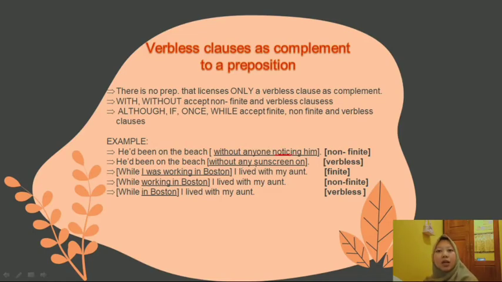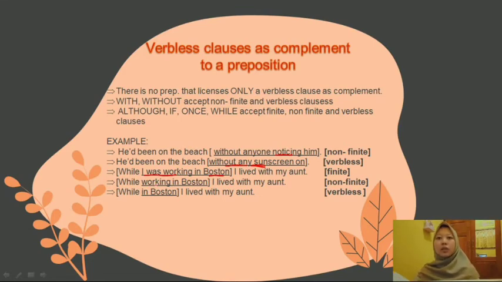And next, he had been on the beach without any sunscreen on. We know in this clause, without any sunscreen, there is no verb, so this is a verbless. And next, while I was working in Boston, I lived with my aunt. This is finite because I was working in Boston is a complex sentence. And next,